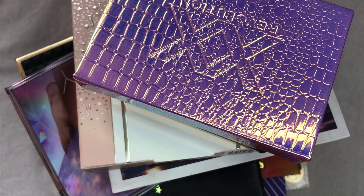At the end of last year, I already shared my just the numbers video for my entire makeup collection, and I can tell you that the numbers have not changed one bit. Nothing left, nothing came in, not even a 1-for-1 in my eyeshadow palette collection since I posted that video. I thought it would be fun this year to categorize my palettes in terms of how many pans I've hit in them. So I want to kick off with all of the palettes in my collection that have no pans